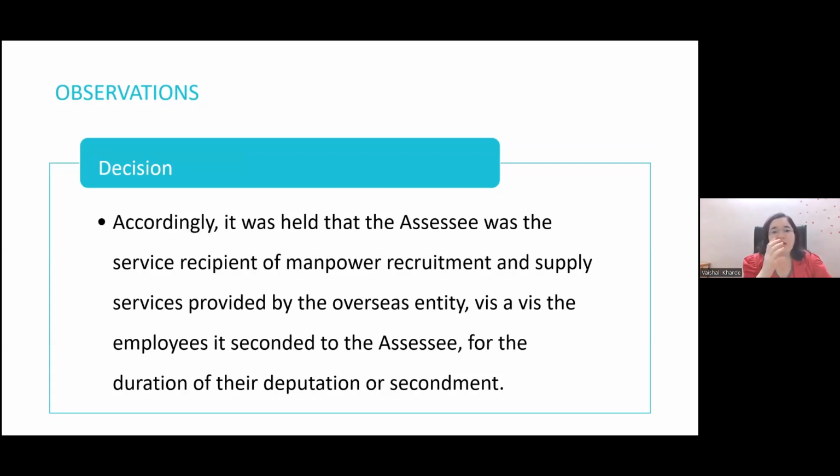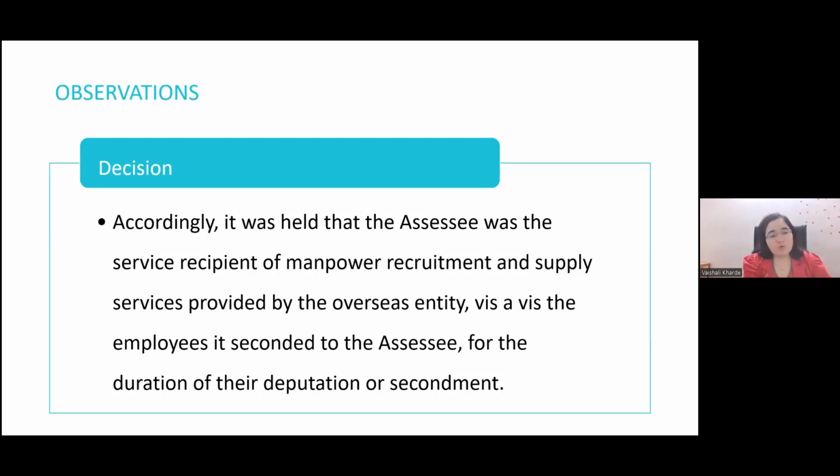On the face of the transaction it looks like an employer and employee relationship, but on the basis of the agreement, the skilled employees are for services. Hence the apex court said that the Indian company is the service recipient for the manpower recruitment supply services provided by the overseas entity,